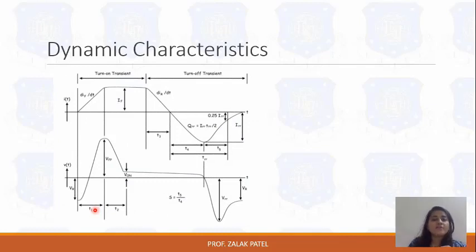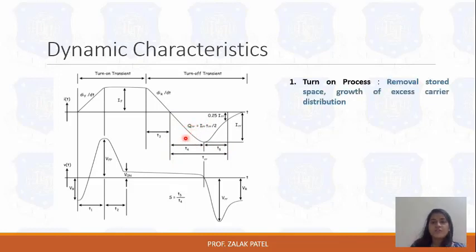This is about the dynamic characteristic of the power diode. Here you can see in the current versus time graph, in the first interval there is a linear increase in time up to this point, and after that it remains static over some time interval, and after that there is a decline of di by dt in the second time interval. Because of that, reverse recovery occurs, and it affects this time interval. Here it is the addition of T4 plus T5 time for this recovery factor, that is QRR.